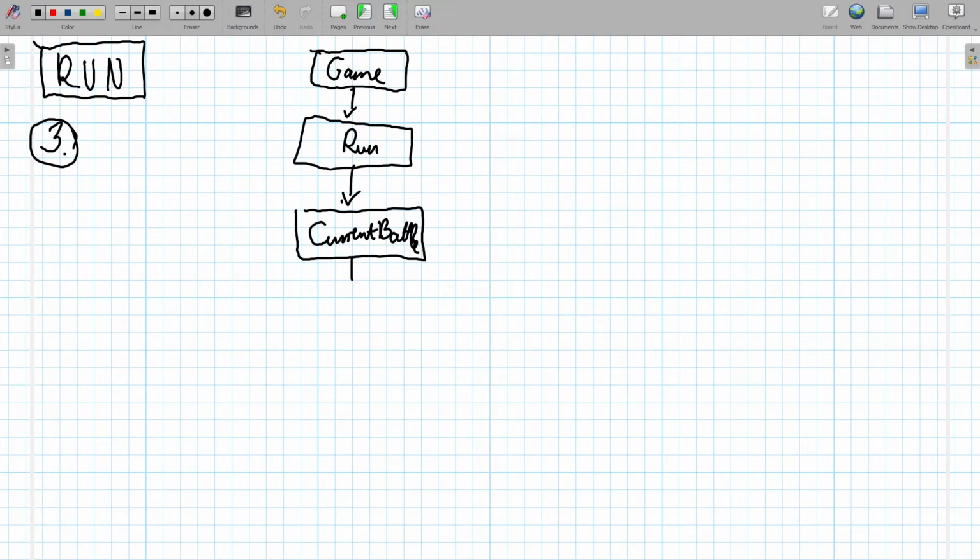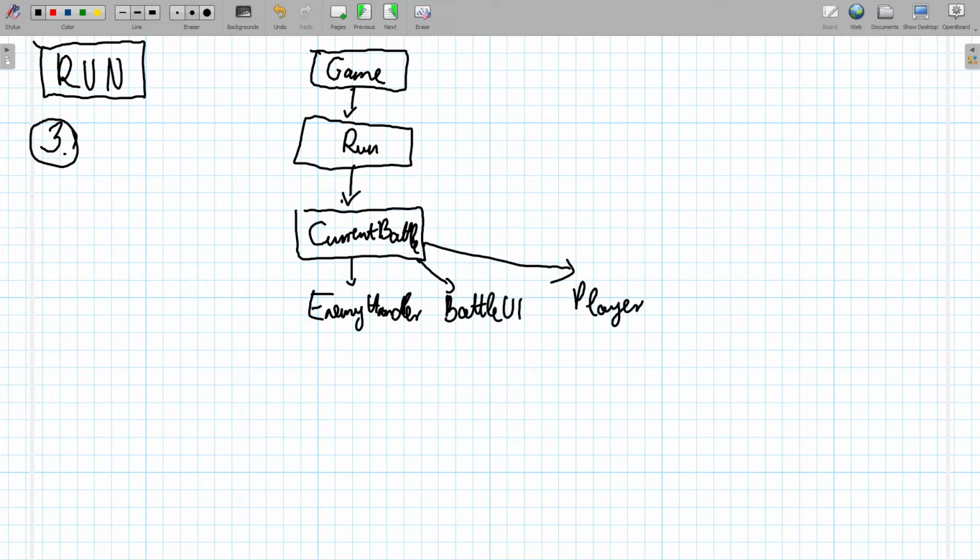And under the battle, we have all the stuff we had from season 1, right? So we have enemy, handler, we have the battle UI, we have the player, and so on. So we have all those systems under the current battle,